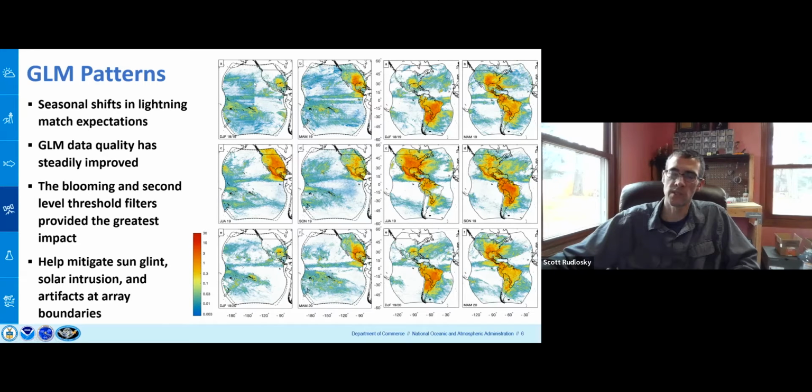And this panel is for the GOES 17 or the GOES West GLM. And this panel is the exact same period of time, December, January, February of 2018, 2019, but for the GOES East satellite. And so the seasons progress in time. So the next 3 months, March, April, May, June, July, August, September, October, November, all the way through till March, April, May 2020. And the reason I'm showing this is one, to show the changing distributions as the seasons progress,